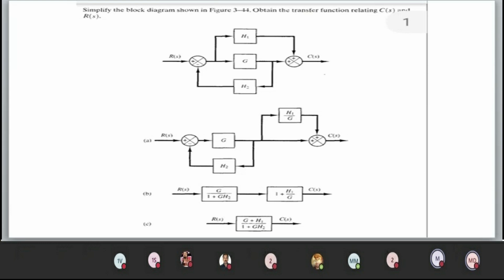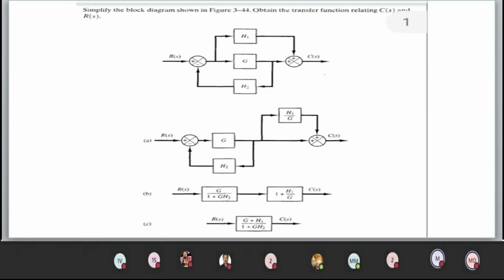G with the feedback H2 becomes G divided by 1 plus H2. So you can notice that both are connected in cascade. And if you multiply, it is converted to a single block. So you can leave the answer as it is, or you can make some simple modifications which are not that difficult. And you should understand one thing: in GATE, they will give the choice of answers. So from that choice, picking the answer is not difficult.